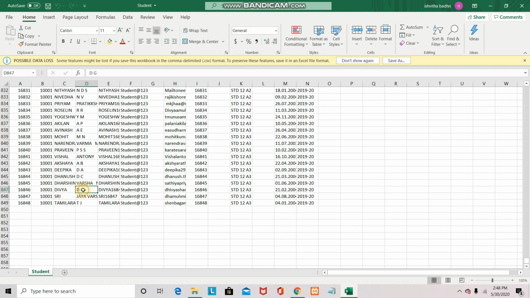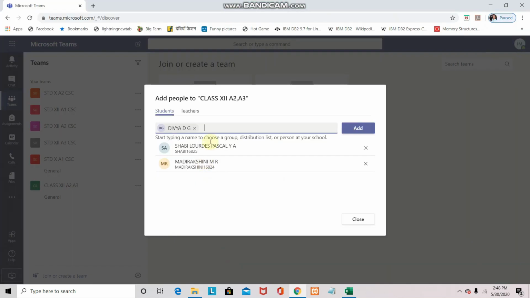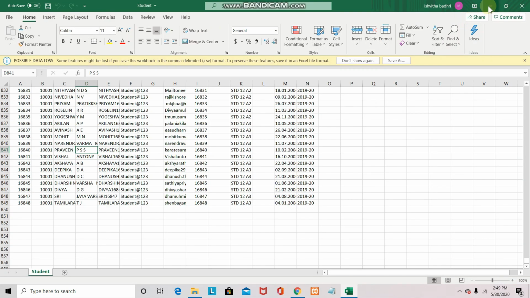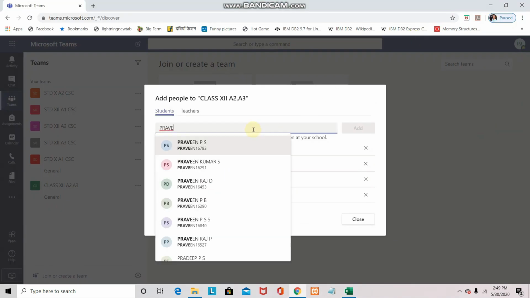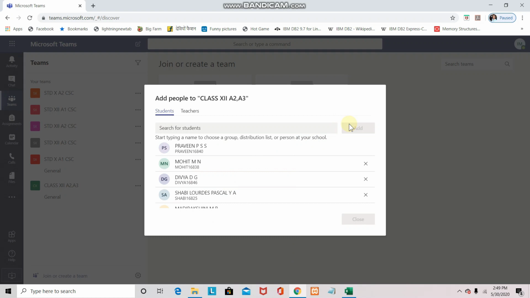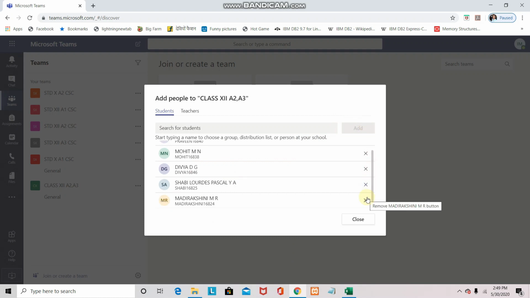So after adding all the other students, the same way, if you have any confusion, you can refer to the student Excel sheet. I'm adding all other students. We can check for all the students and then close it. After which I can see the new group available. Then the next thing is how to assign a call.